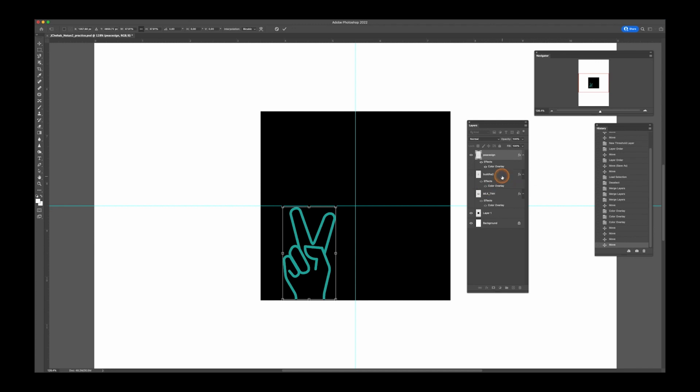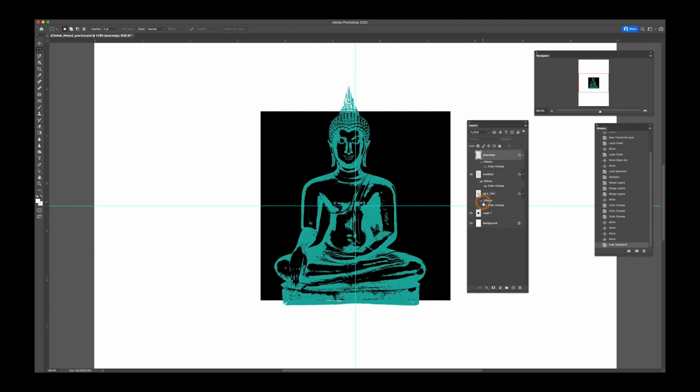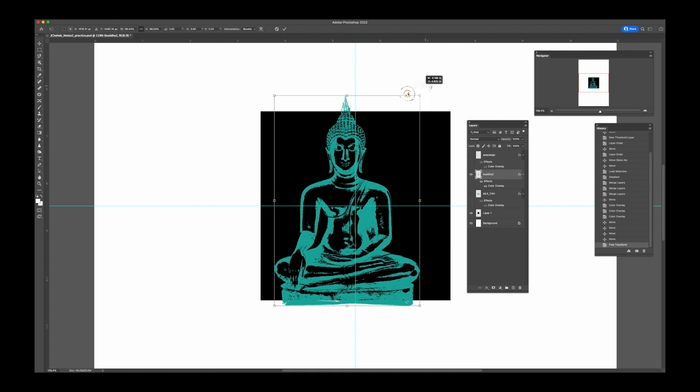Okay, great. I'm going to get my Buddha, and turn that one off. Get my Buddha here. Command-T. Oops, I wasn't selected on my layer here. So when I pushed Command-T, it didn't do anything. I have to make sure that my layer is selected when I do that. Command-T. Scale that down